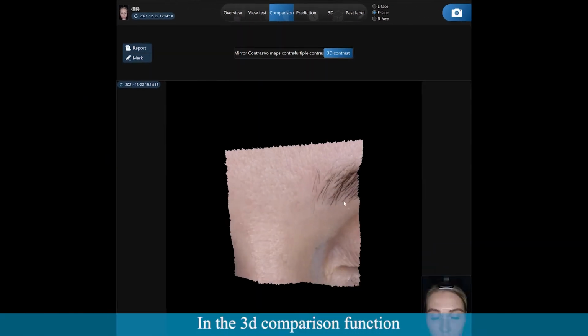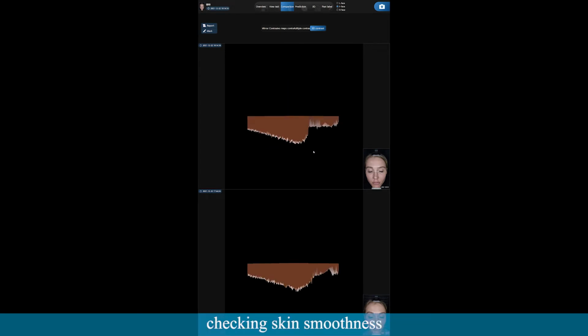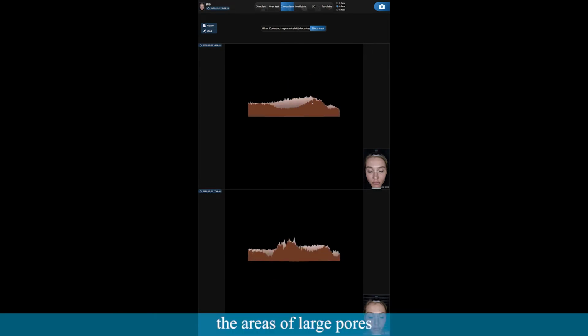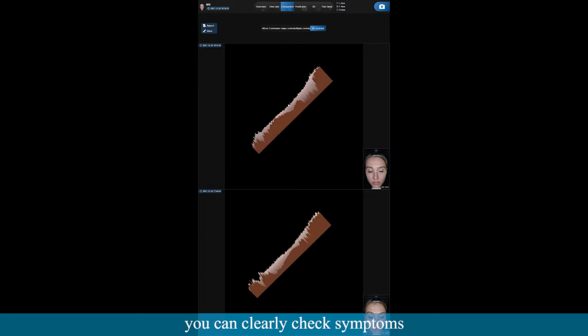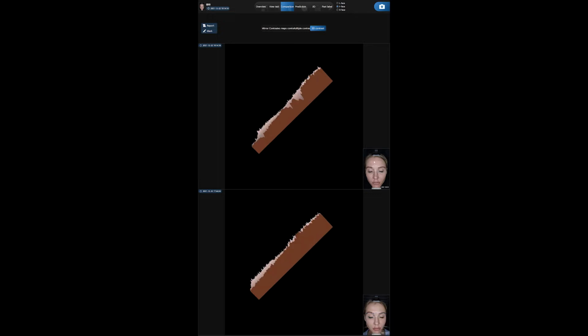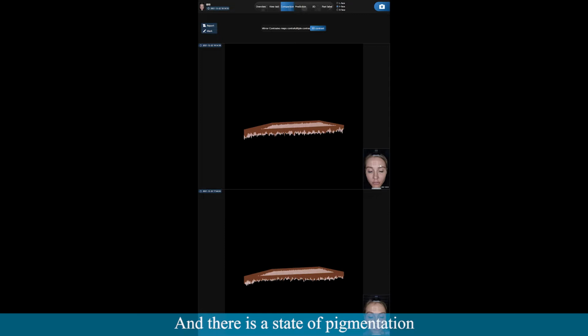In the 3D comparison function, we mainly show the roughness of the skin, checking skin smoothness, areas of large pores, or wrinkle areas. From our 3D image, you can clearly check symptoms such as spots or black moles. Then you can see a pit in the skin through our 3D image. And there is the state of pigmentation, and the place of inflammation will also show the inflammation of the skin